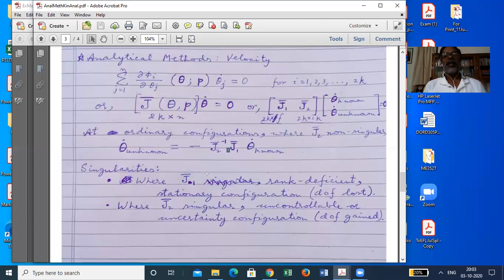So wherever J2 is not singular, you can do that. If J2 is singular, then you cannot do this. Okay. Then you differentiate this. Or based on this itself you can start. If you have already got it in this form by doing this inversion, then based on this you can try to differentiate this directly, or you can differentiate it on this original one.